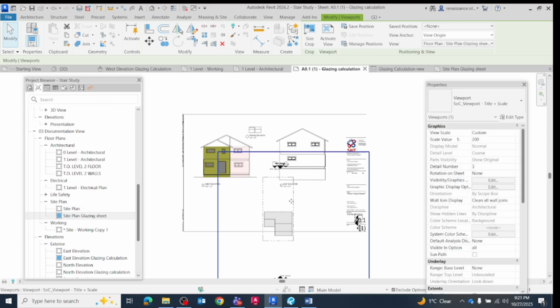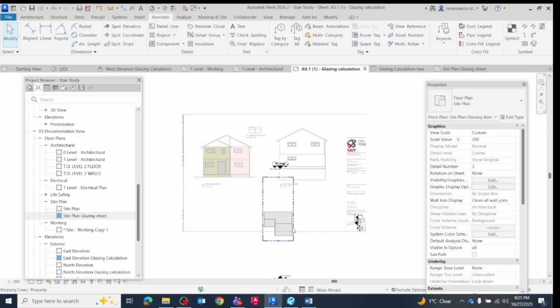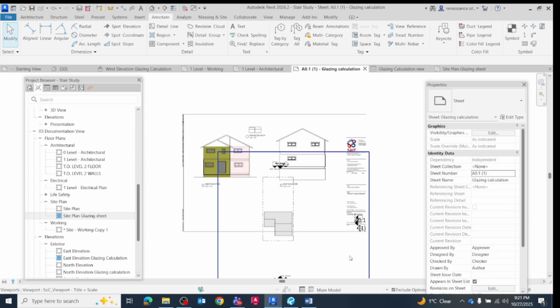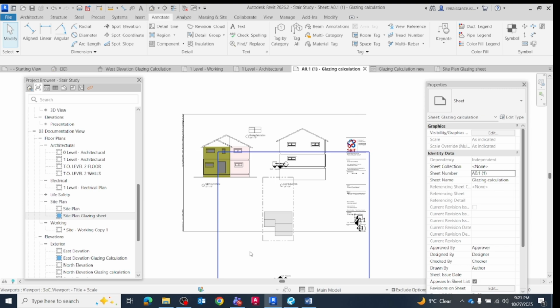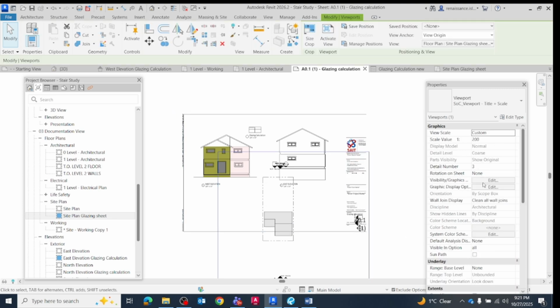Now, if you want to work on this drawing while staying on the sheet, you can just double click here, select that viewport and then activate. So it will be activated. Now you can work on that drawing directly on this sheet. But I would recommend doing any modification or change by going into the original drawing and then doing it, so then it will not mess up this sheet. Now, if I select that,